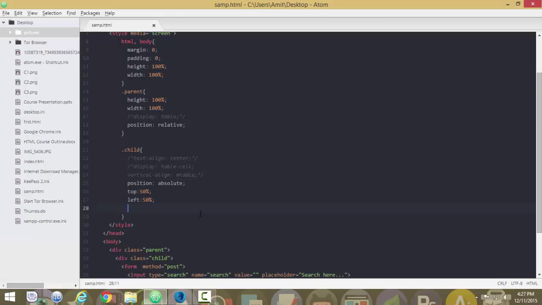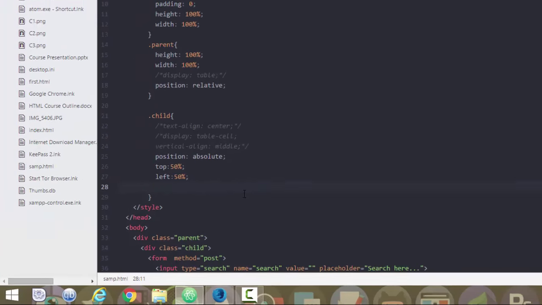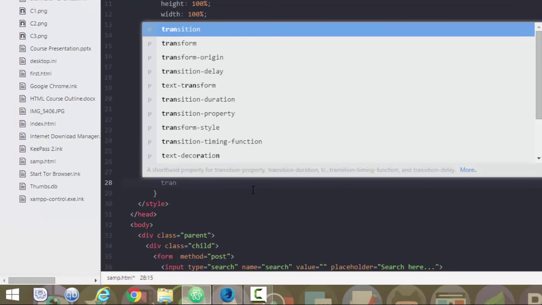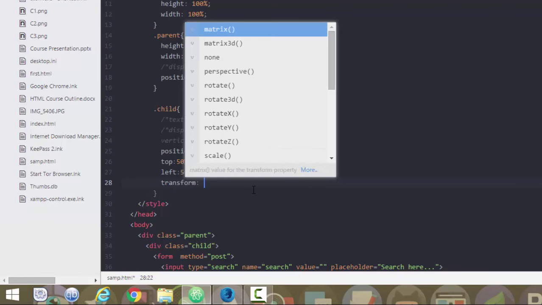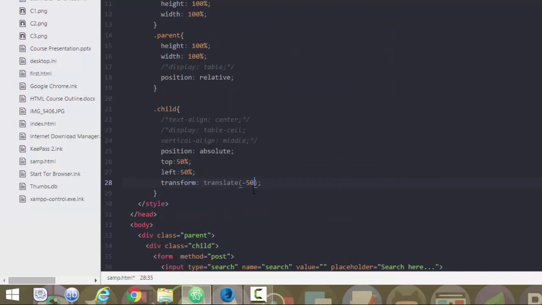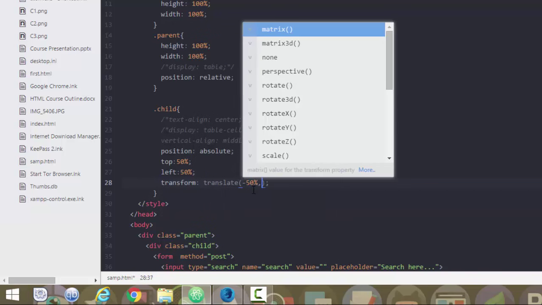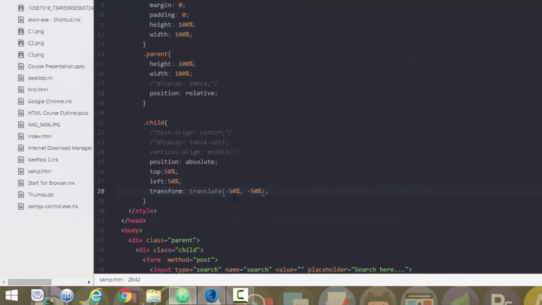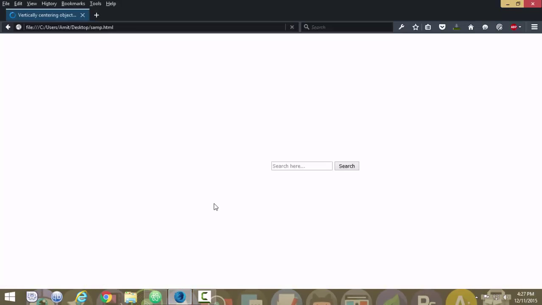So what I'm going to do, I'm going to apply a very useful property called transform and translate it negative 50% from top and negative 50% from left. Okay, now let's see what we get. Now you can see that our search form is vertically centered.